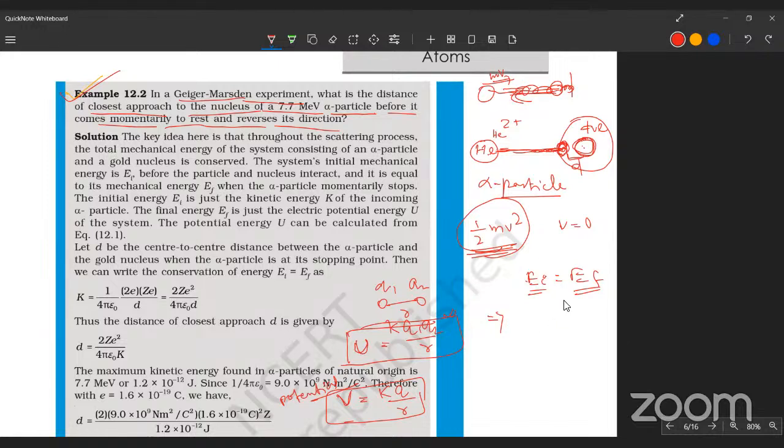That is half mv square. So this is the kinetic energy. And what is potential energy? Potential energy, let us write the potential energy here. Potential energy is 2ZE square,